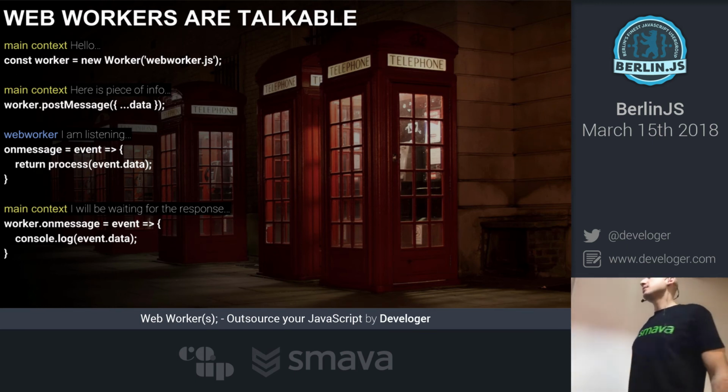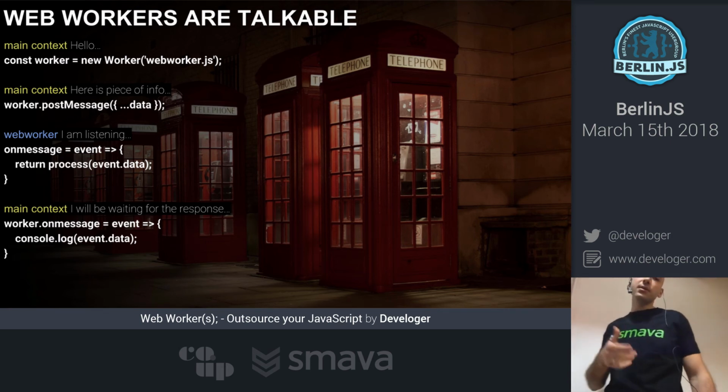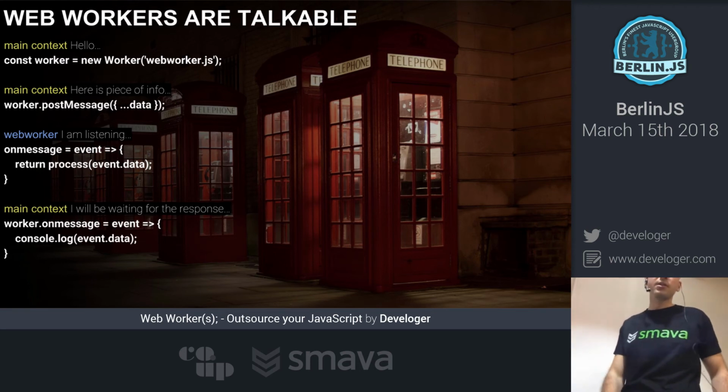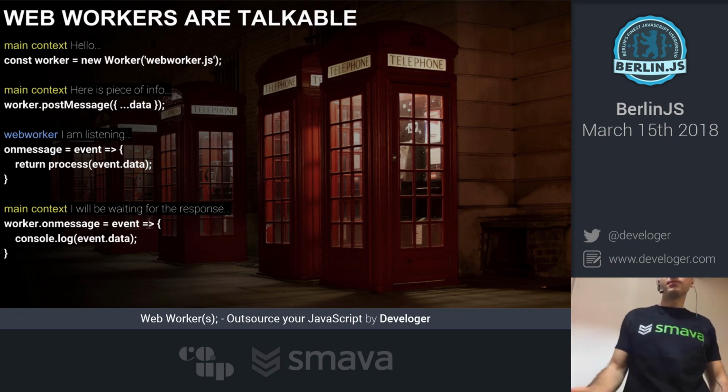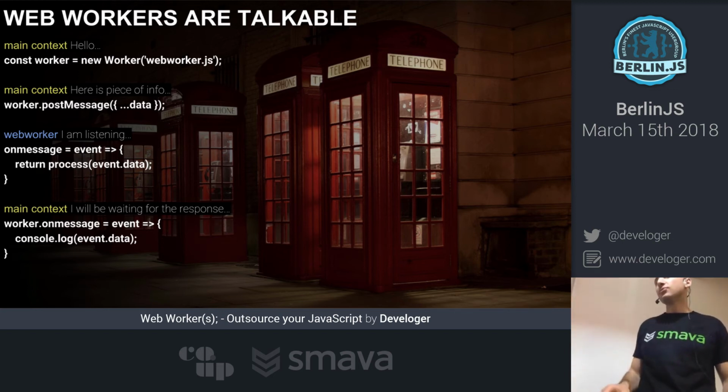So this is basically a kind of phone call between the main context of execution, your application, and the web worker. On the first iteration of exchanging the messages, before I start, I want to say that web workers are all about communication. And that's basically just what they do. The API is very simple, and all you need to do is instantiate the worker, as you see, and post some message to the worker, to provide some data to it.